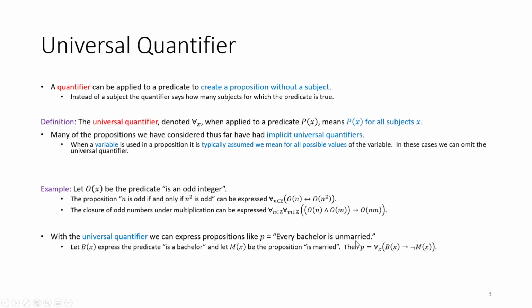Then I can recast this by saying, for all of the things, now here I'm not saying what thing. I could say for all people, but maybe you want to say your pet dog's a bachelor, that's fine. So I don't want to restrict that. I'm saying for all the things, if it is a bachelor, the if comes from this arrow, then not, this is a negation, then it is not married. Okay, and we can see that that makes sense. For all things, if it is a bachelor, then it is not married. That's capturing what we're trying to say here,